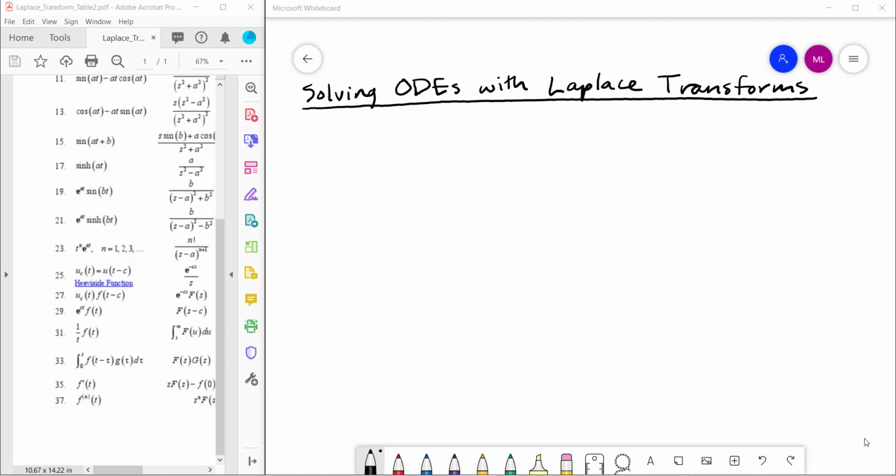Now that we've looked at how to take Laplace transforms and inverse Laplace transforms using our table that I've got over here, I want to talk about how we can use that to actually solve ordinary differential equations. So I want to start off by taking a look at a real general example. So consider the following very general example